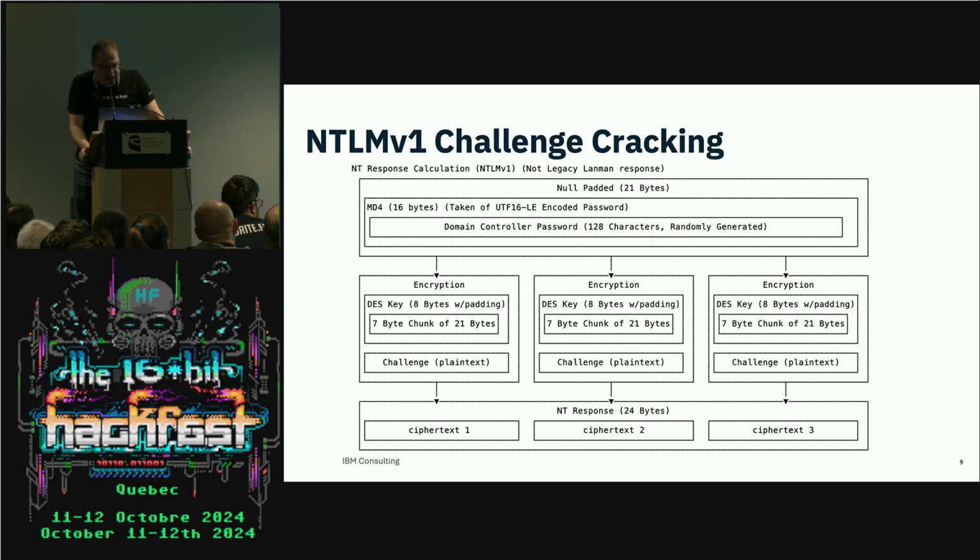Now you take that and use it as a DES key specifically, and you encrypt the client challenge. The client challenge is that section at the end of an NTLM version 1 response packet. Depending on whether SSP is enabled or not, there's some additional server client challenge shenanigans, but that's basically the gist. It splits it up into 3 different DES keys. The final DES key, because we padded out to 21 bytes, is really only 6 bytes of key material, which I'll show on the next slide. Now you combine all the output of this encryption, and that becomes the NT response.